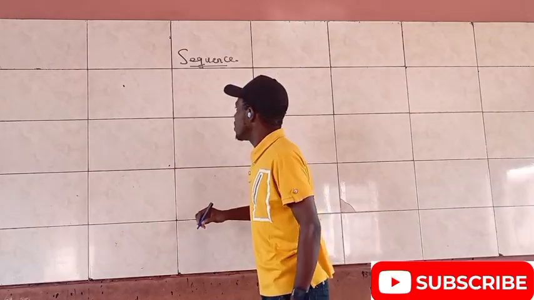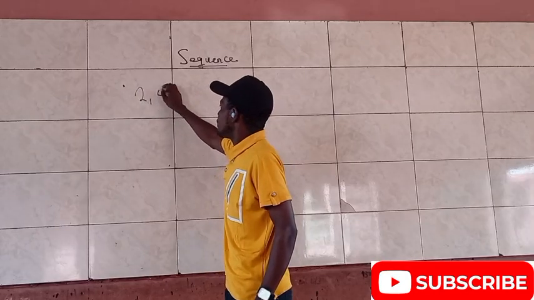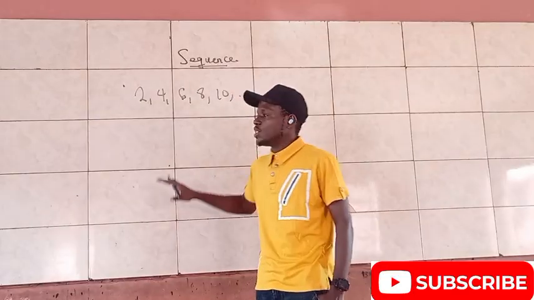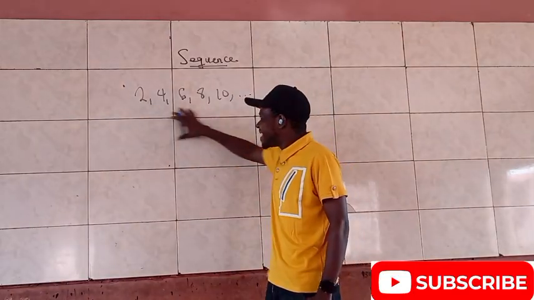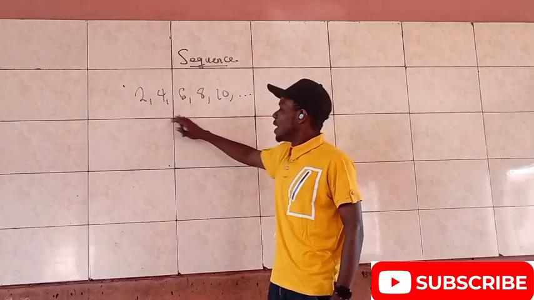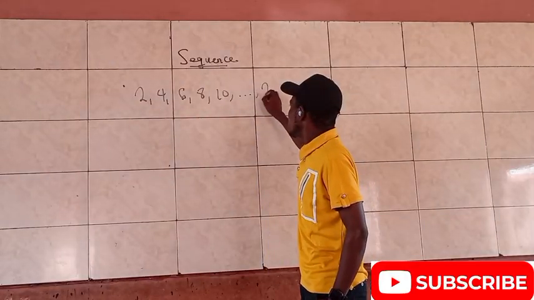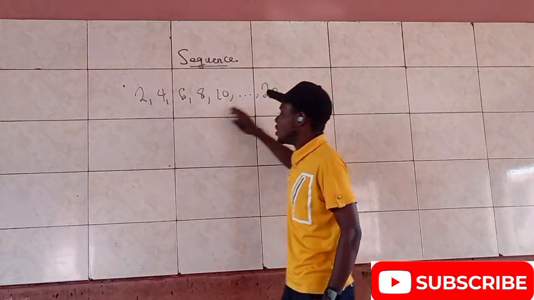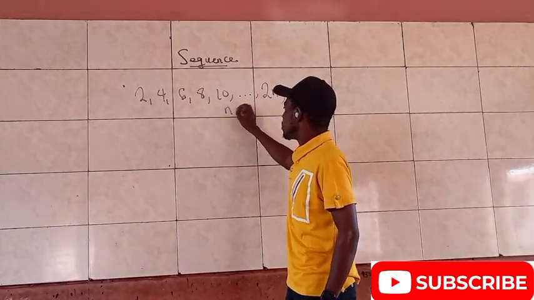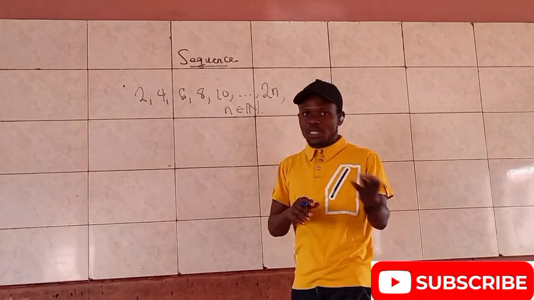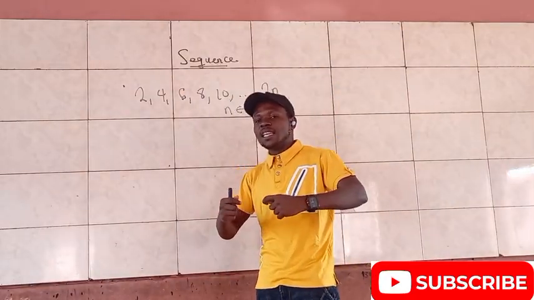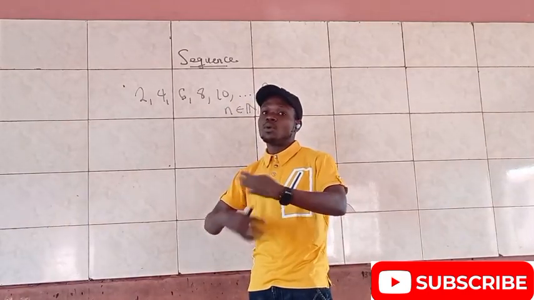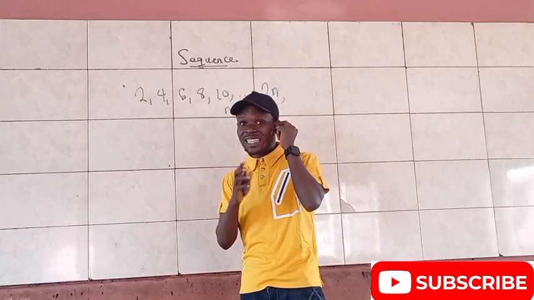So for instance, if I have the numbers 2, 4, 6, 8, 10, which is popularly known as even numbers, there is a particular function that gives this sequence. That could be anything, but the most common one you can talk about is 2n. Maybe the function that gives this sequence is 2n, where n is a natural number. What does that mean? When I say n is a natural number, it means n can be 1, 2, 3, 4, the normal counting numbers. That's what we refer to as natural numbers.